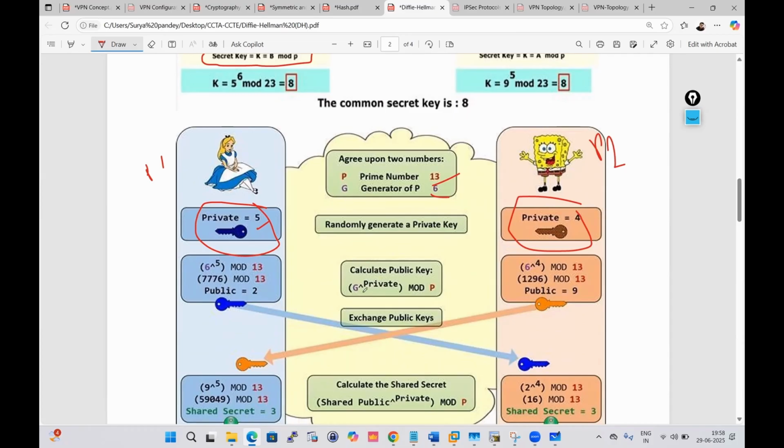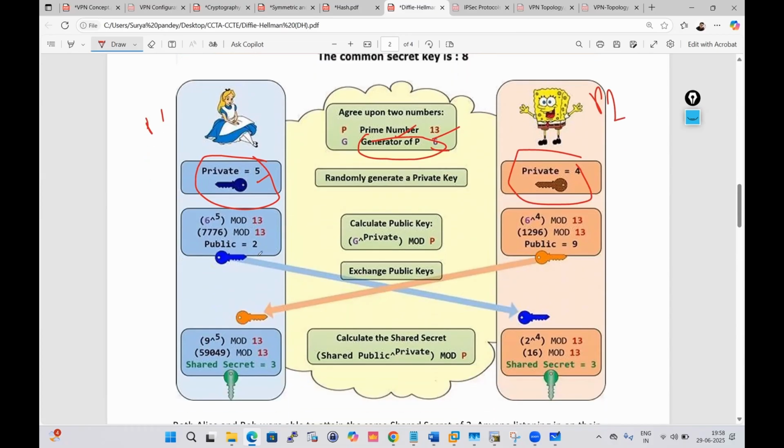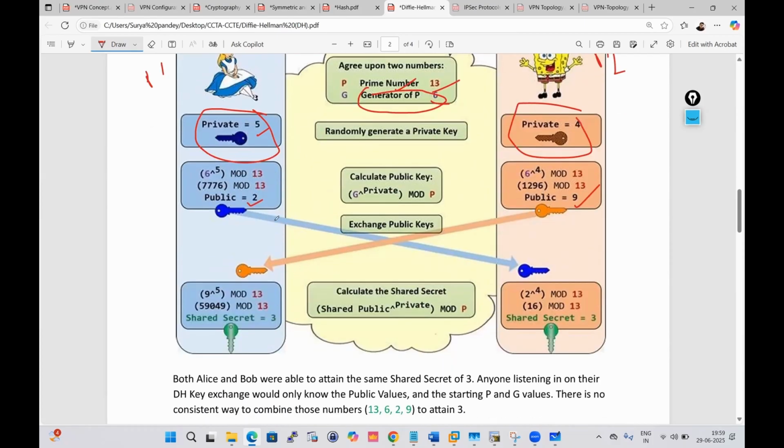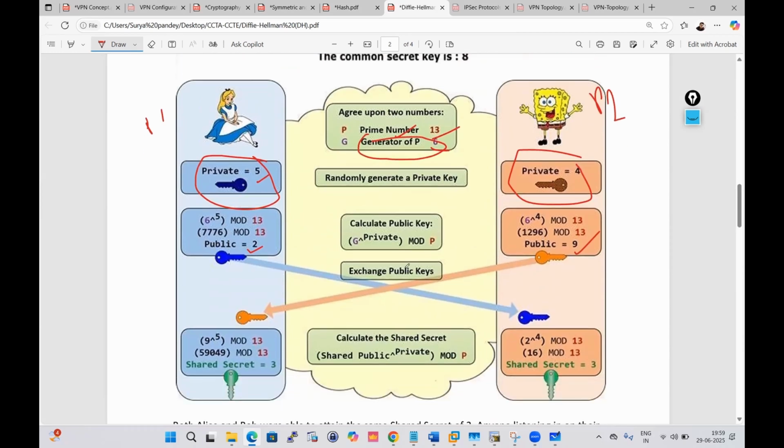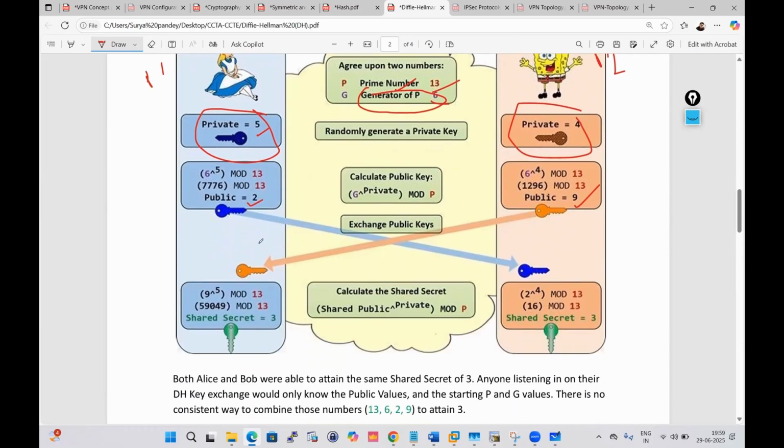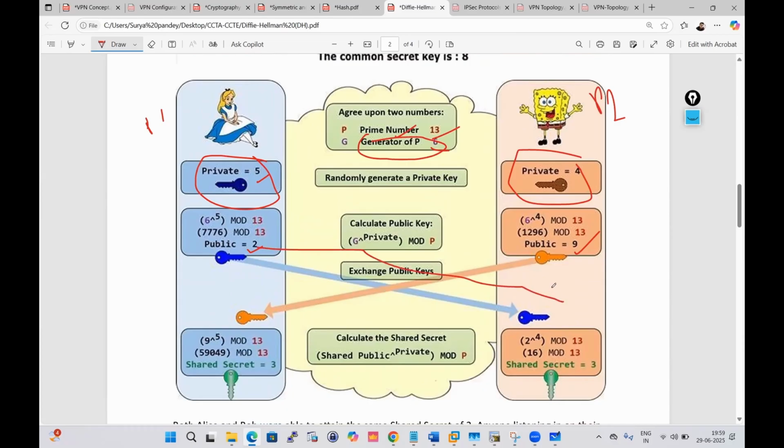And how to calculate the public key? This is the formula: G to the power private key mod P, where G is the generator, mod means remainder, and P means prime number. With the help of this formula it creates public key 2 here and public key 9 here, and both public keys get exchanged while doing our negotiations. Private keys are generally not exchanged, but public keys get exchanged between peers. Once peer 1's public key is received by peer 2, and peer 2's public key is received by peer 1,